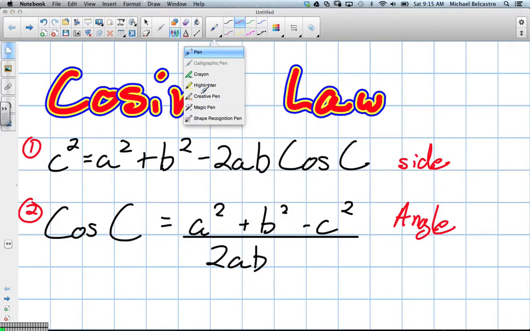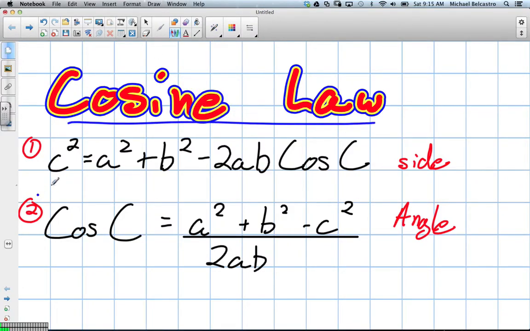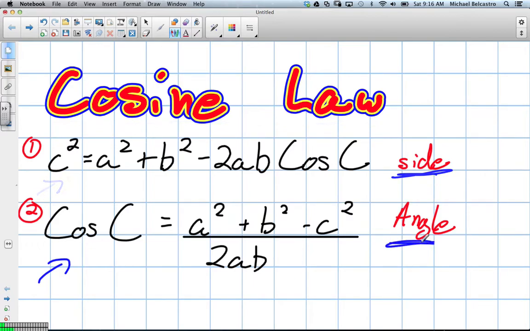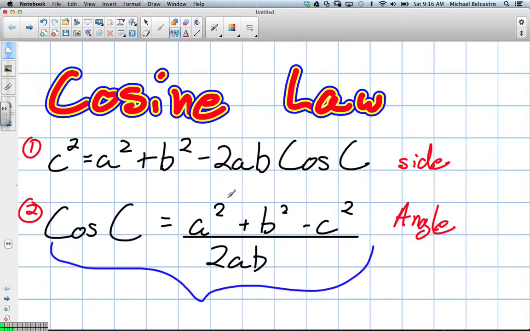Okay, so we're going to go over cosine law. And like I said, this formula here helps us find the side of a triangle, and this formula here, which is still cosine law, helps us find the angle. Okay? Now, the reason they've written two different formulas is that this formula here has just been rearranged from the